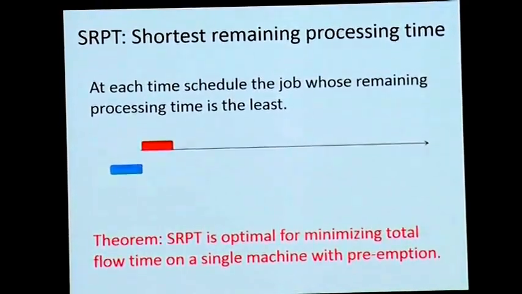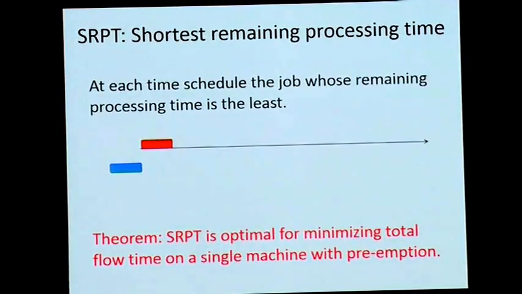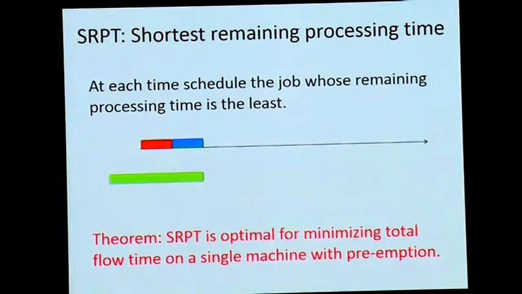I have 2 jobs, same example as before. At this point, both of the jobs are of the same length, so I can schedule any one. I decided to schedule the red job. Now, at time 1, the red job is over, and only the blue job remains, right? So I have no other option but to schedule the blue job. At time 2, this green job arrives, a long 3-unit green job. I have no other option but to schedule it.